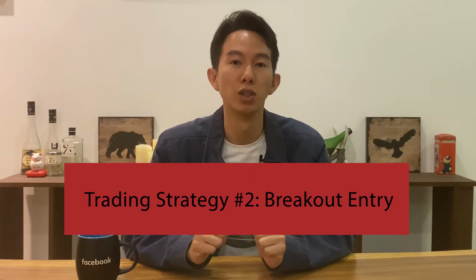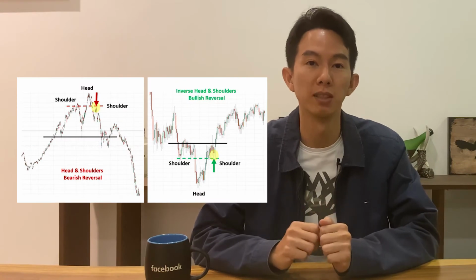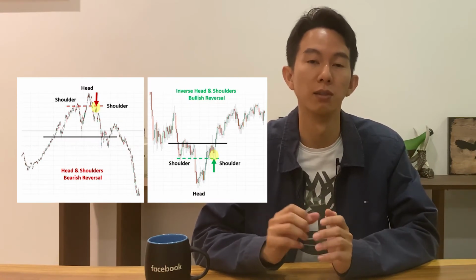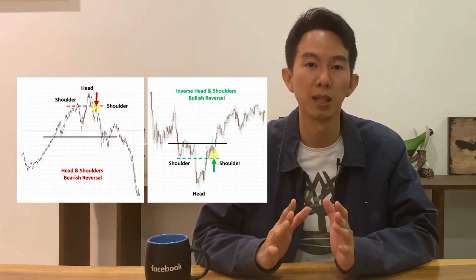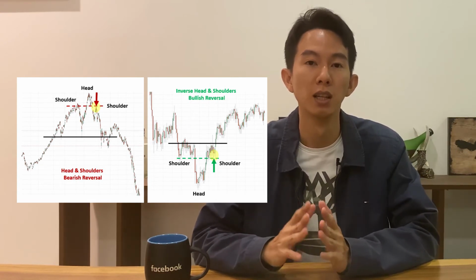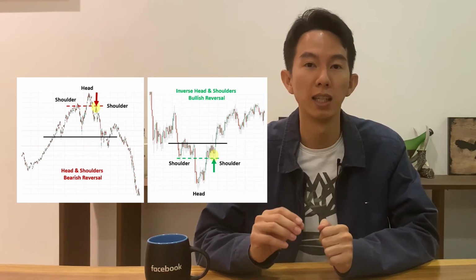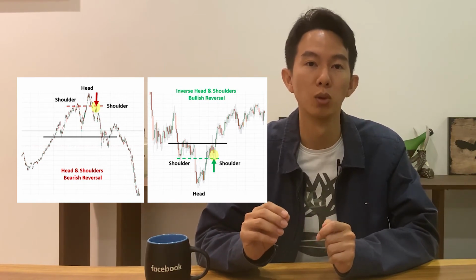Our second strategy for the head and shoulders price pattern is to enter on the breakout or breakdown of the neckline. As mentioned previously, the head and shoulders pattern is a reversal pattern, and we can expect to see swing counts change as the pattern unfolds, meaning a lower high and lower low if we want to short, and a higher low and higher high if we want to go long.